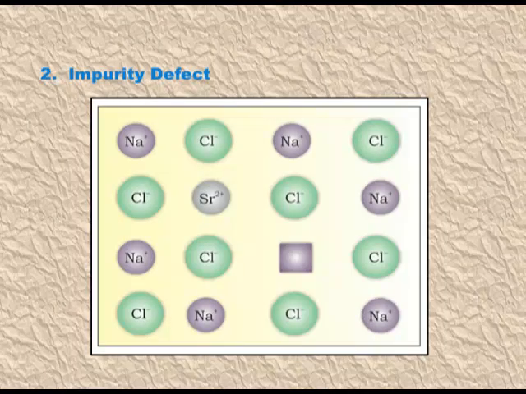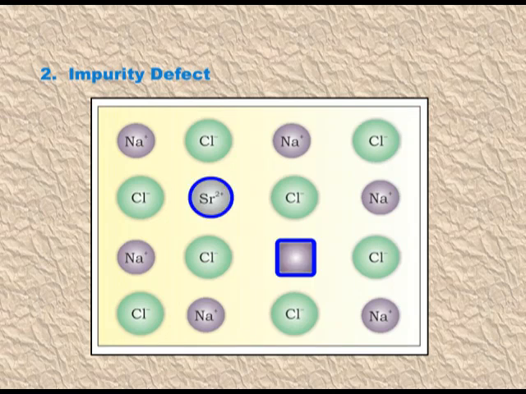Let's see here. Here you can see that a strontium cation enters the crystal lattice. It will replace the 2 sodium ions, but the strontium ion will take the position of only 1 sodium ion, and 1 position of the sodium ion is now vacant. So here you can see there is a cation vacancy. Here there should be 1 cation, but it is not there. A cation vacancy is generated due to this impurity. It is again a defect or an imperfection.